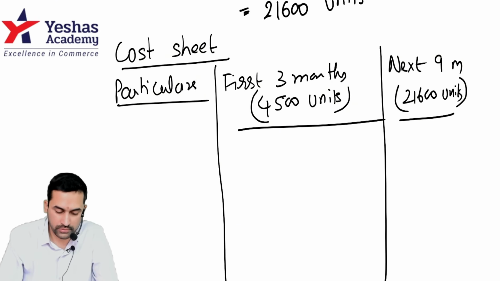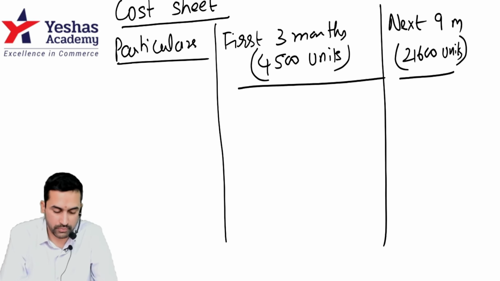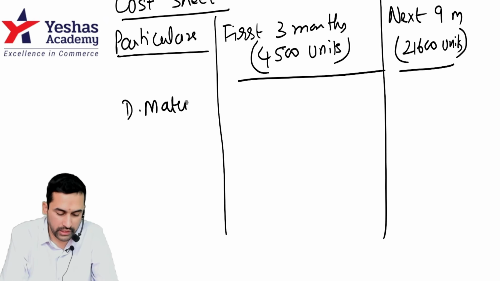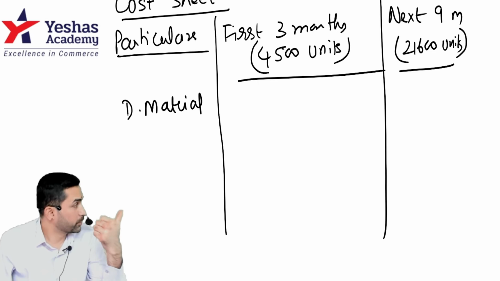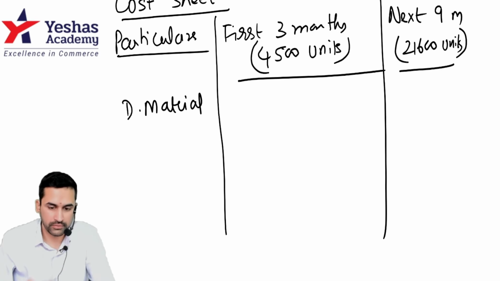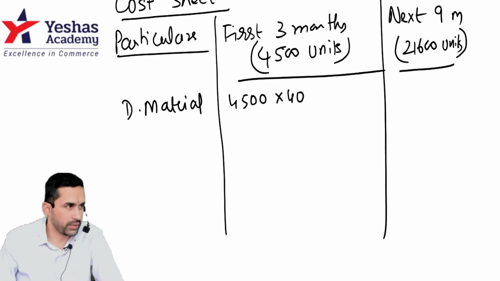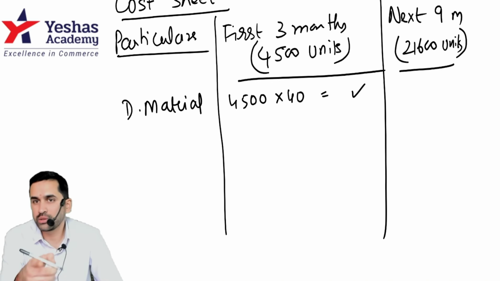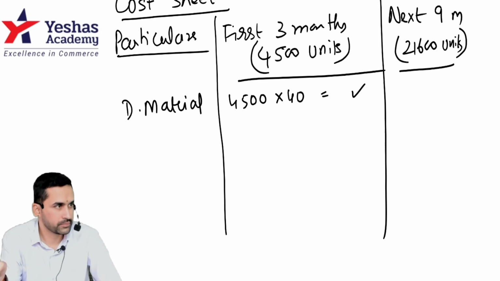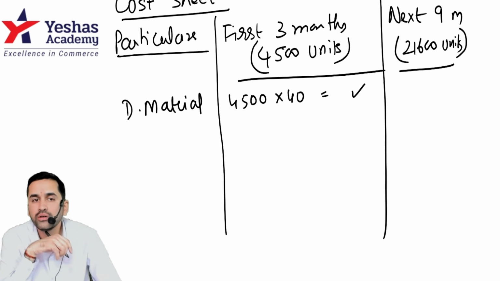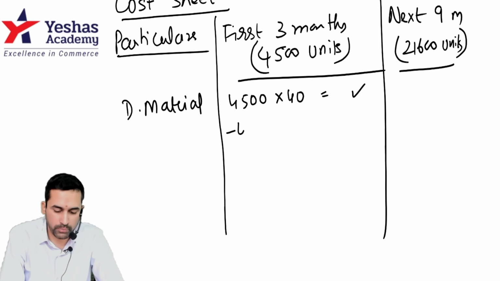Now when I prepare the cost sheet, please check what is the first thing that you need. Direct material. How did they give the information? Per unit. You know the number of units, so simply multiply. Tell me, sir. 4500 into 40. Listen for a minute. This you will write. But then there was one raw material scrap adjustment. Can you read that? Each unit of raw material yields a scrap income of 5 rupees. That means you will then do minus 4500 into 5.